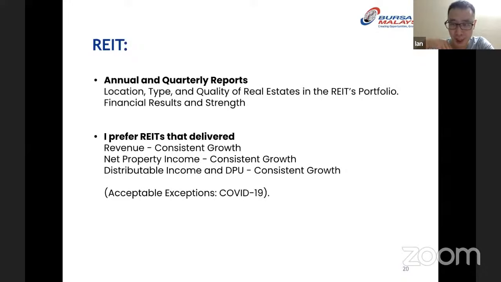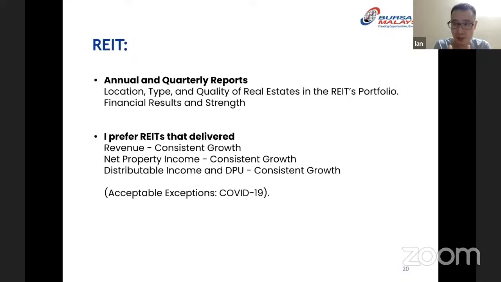Some REITs in Malaysia, like IGB REIT, only have 2 properties. They only have Mid Valley and the Gardens. So for IGB REIT, you can find out the financial results for these 2 properties. You just go and check, do a little bit of homework, and you will find out the financial results of these 2 properties. However, for a REIT that has a lot of properties, it's not so practical to just look at the financial results of each of the